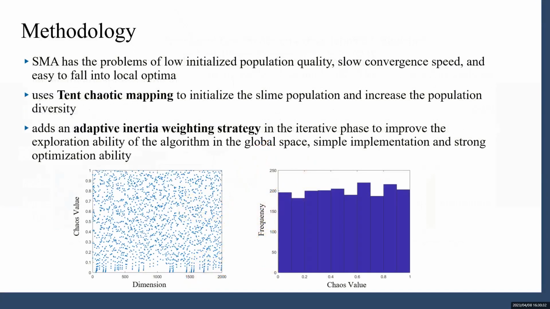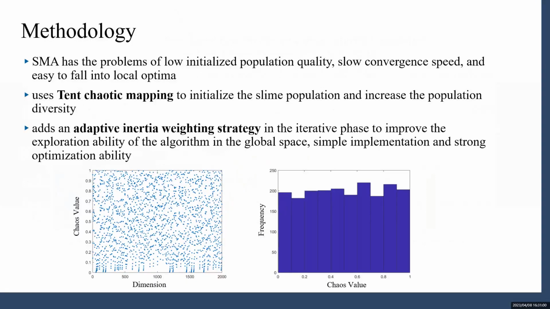But SMA also has the problems of low initialized population quality, slow converging speed, and easy to fall into local optima. To address these problems, this paper proposed the improved slime mould algorithm, ISMA, which uses the 10 chaotic mapping